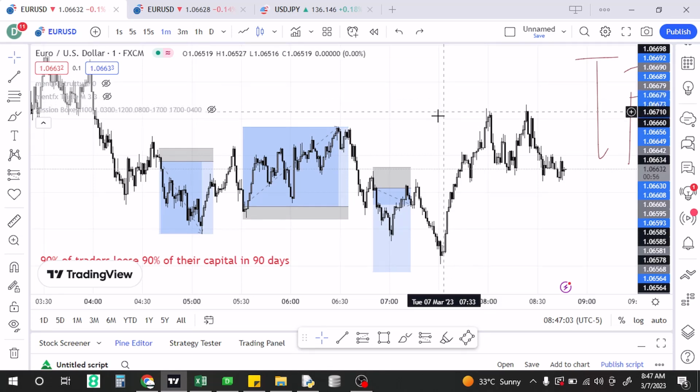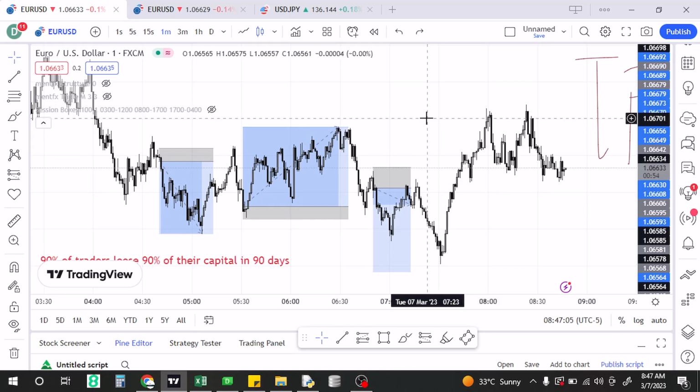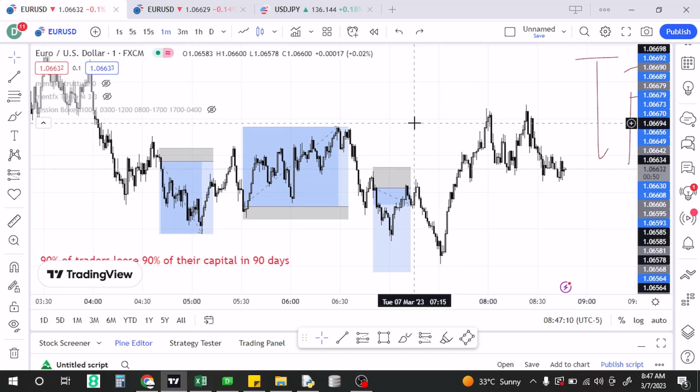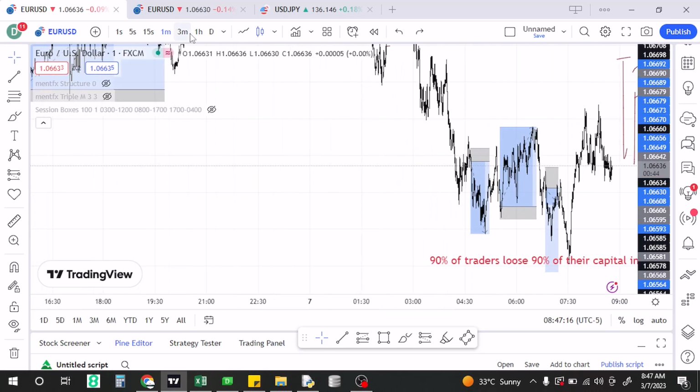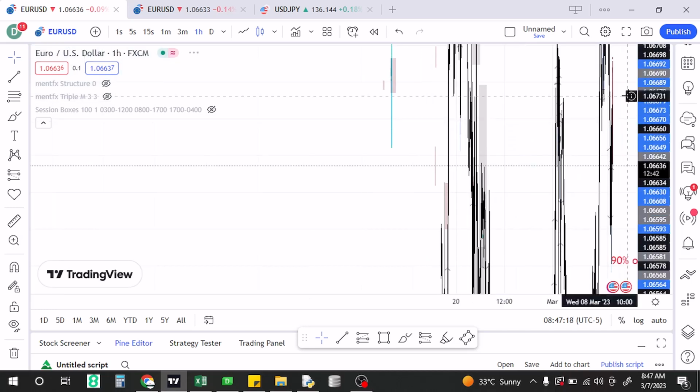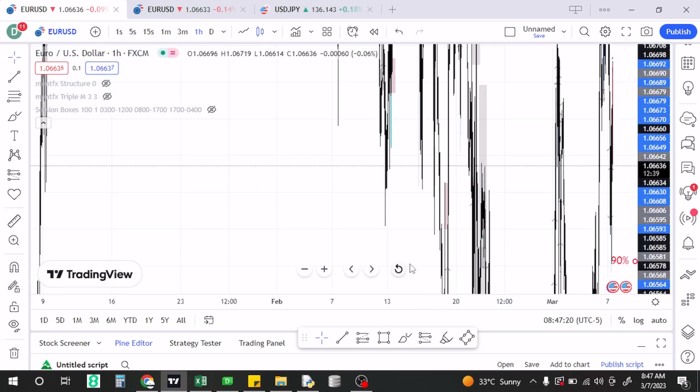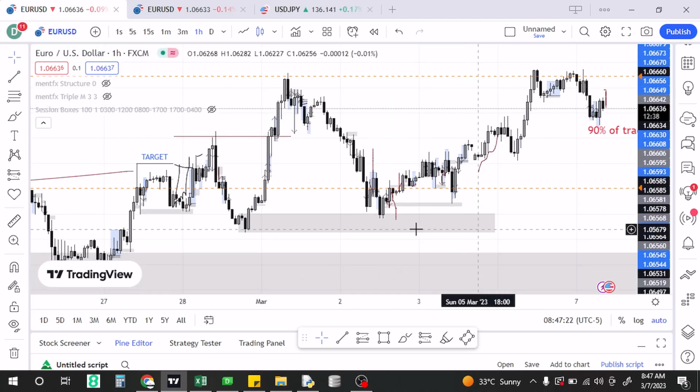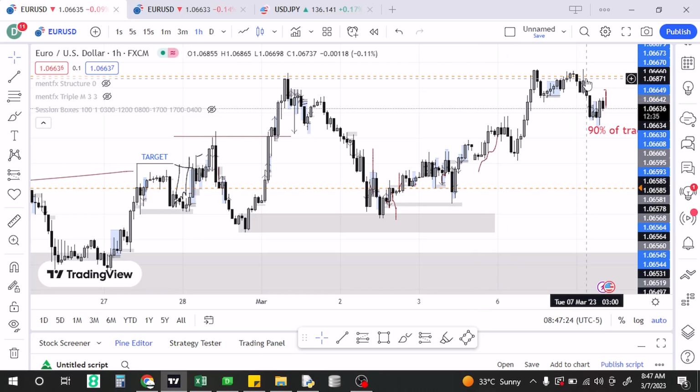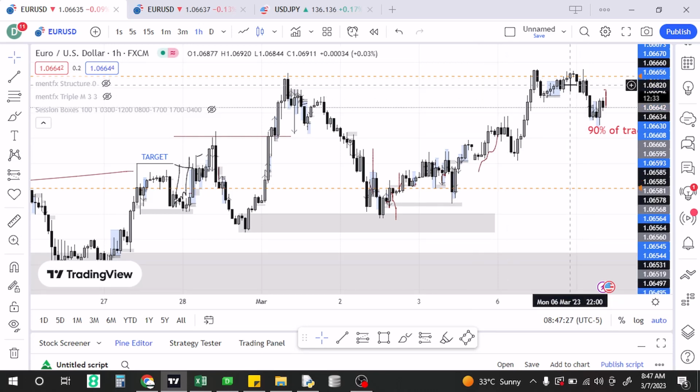Okay, so after you've done that, you have to state your strategy in detail. The first time I asked, how are you going to trade? Now you're going to state your strategy. The first thing I will do in the day is look at my 1 hour time frame. I need to see the trend of the market in order to get involved. Okay, the 1 hour is bullish, so I should look for bullish setups. Your strategy should be described.